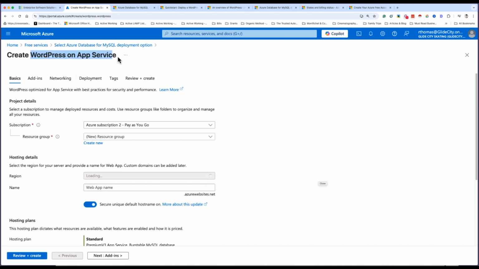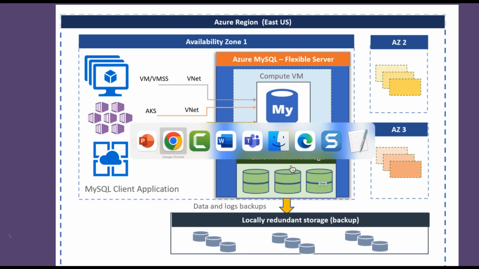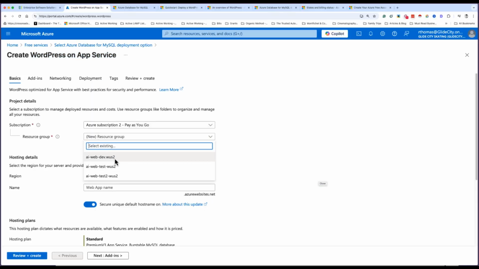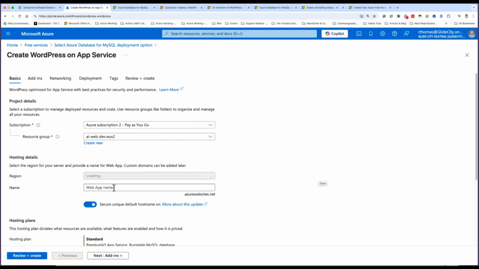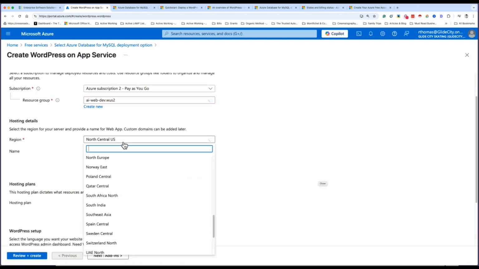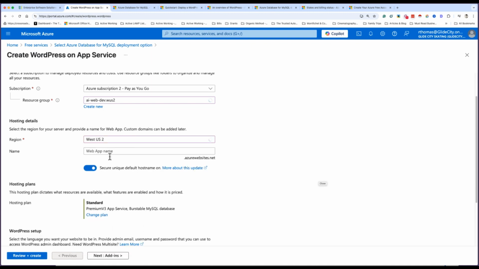I'm just going to create the app service for you, right? So the app service, which will automatically create the database. You see right there. Okay. So let's pick a resource group. Let's do dev. Do I have my region? Mine might be acting up a little bit today. Central. So let's go to West 2